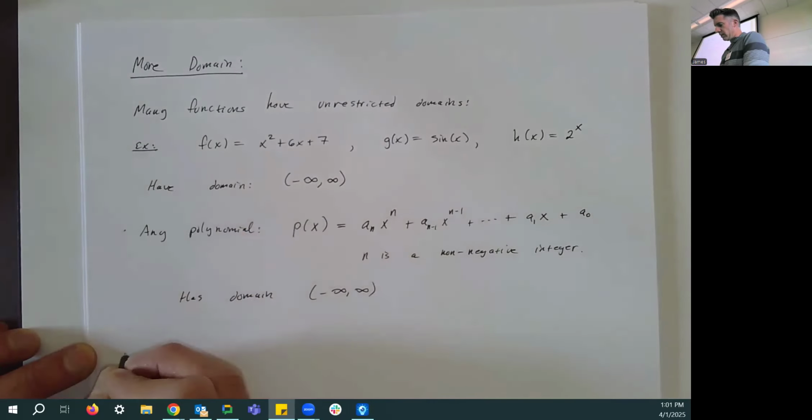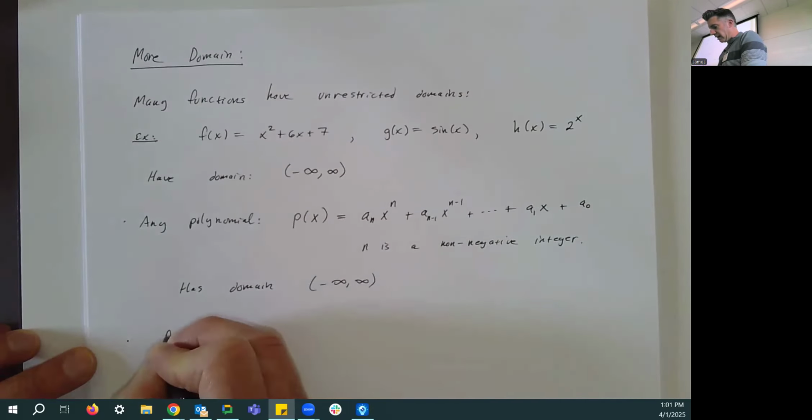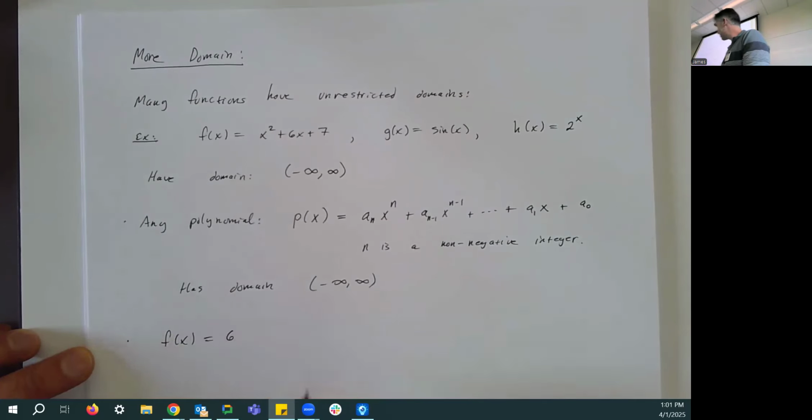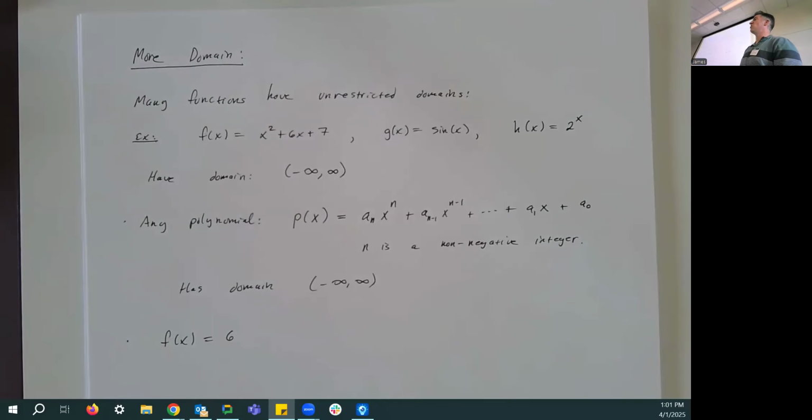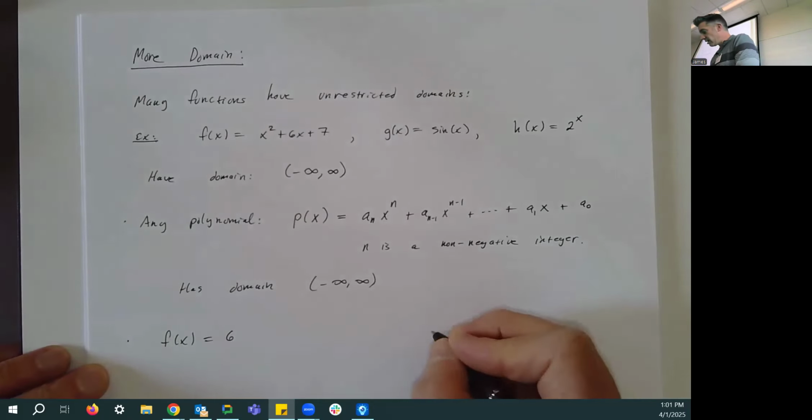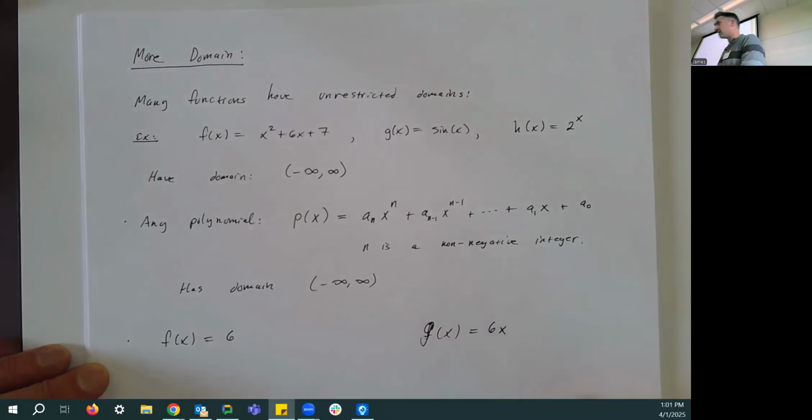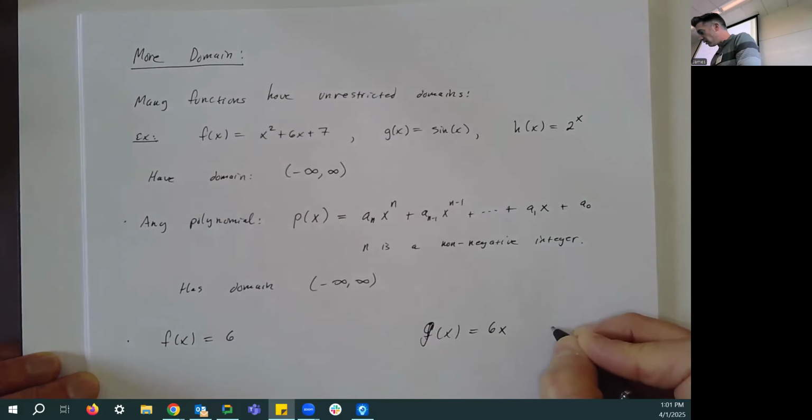One example, just to make sure everyone's cool with it. It's not my favorite, but that function is a polynomial. It's a very boring polynomial. It's a constant function, but it still technically qualifies. Because what's the power of x there that I didn't write? It's less than 1. If I was going to write g of x equal to 6x, that would be a power of 1 or a degree 1.